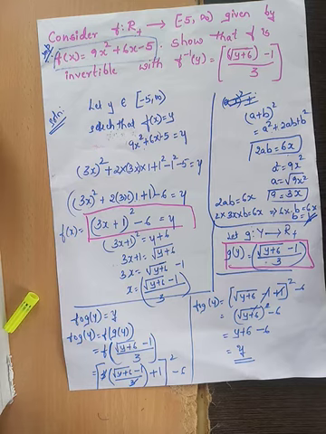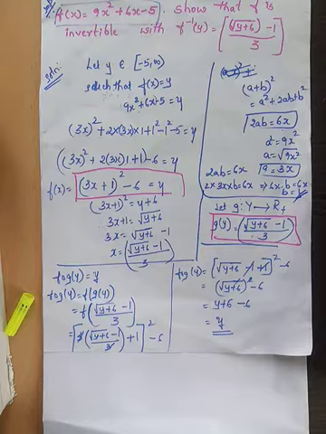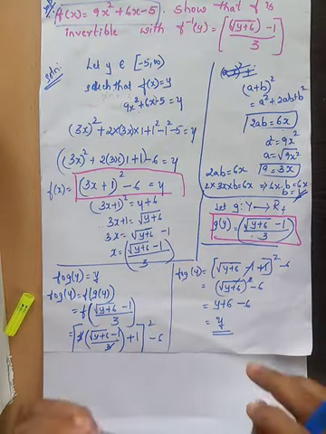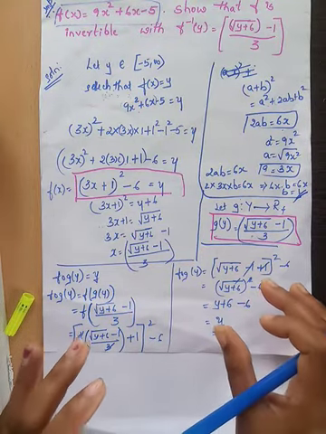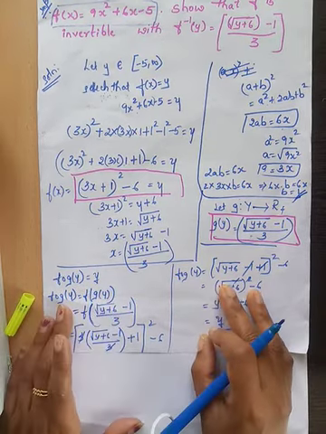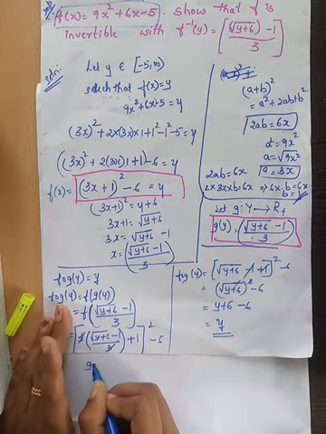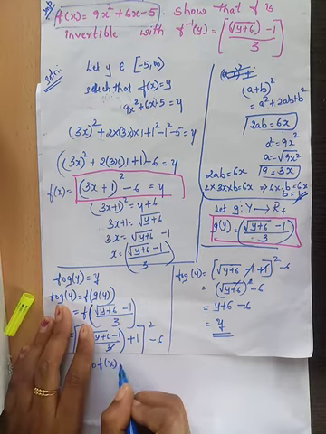So we have shown f composition g of y is equal to y. Now, similarly, we have to show that g composition f of x is equal to x. Now, how to show that? Okay, students. So far we have shown f composition g of y is y. Now our turn is to show that g composition f of x is equal to x.